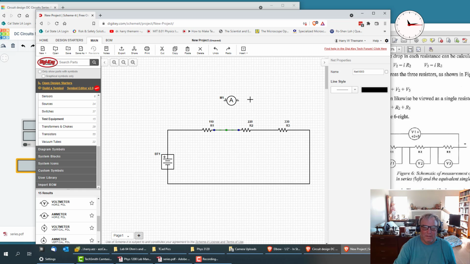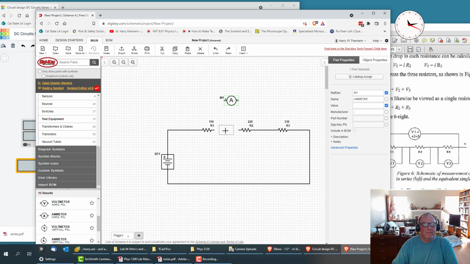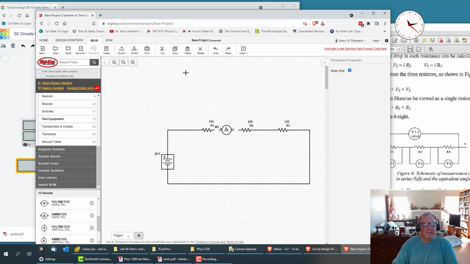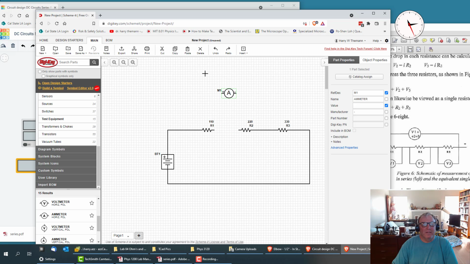to do is we have to actually break the circuit. And then we put in our ammeter. And if you like, we can make it sort of resemble Tinkercad because we'll have it over here. So now